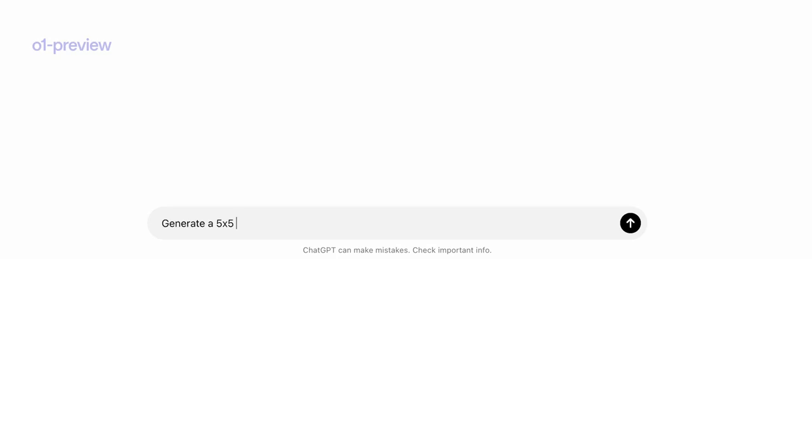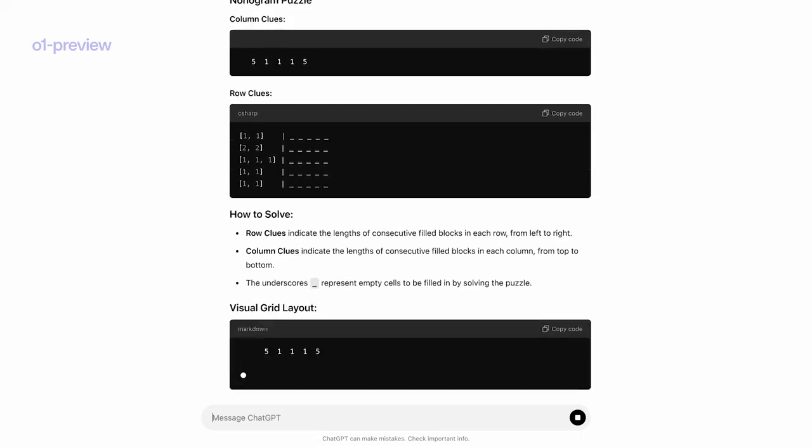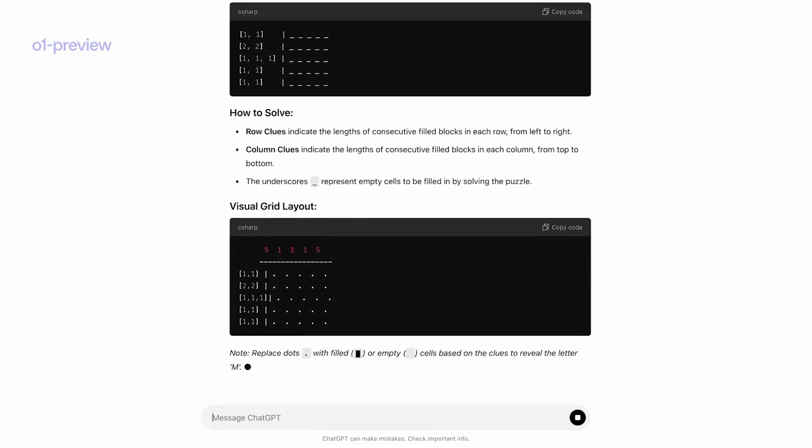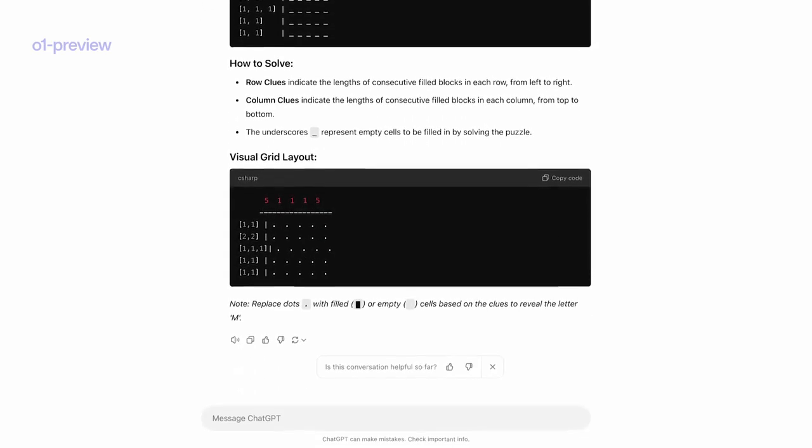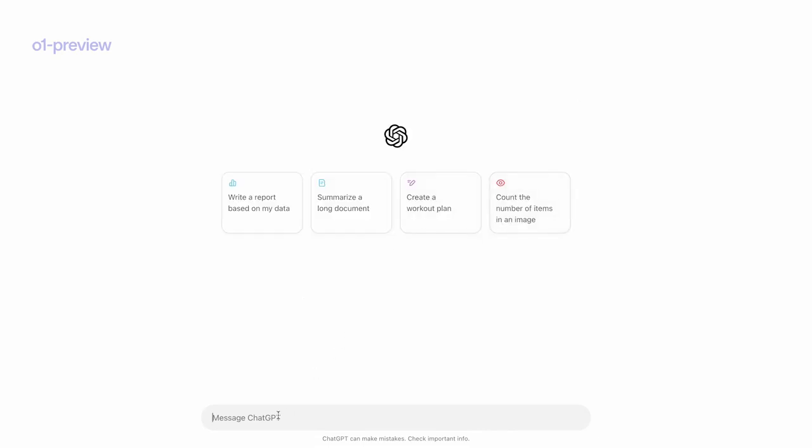generate, say, a 5x5 nonogram where the final answer is the letter M. We'll see what it comes up with. All right, we see it just gave us a little puzzle. We'll go ahead and copy this, open up another window of O1, ask it solve the following puzzle,